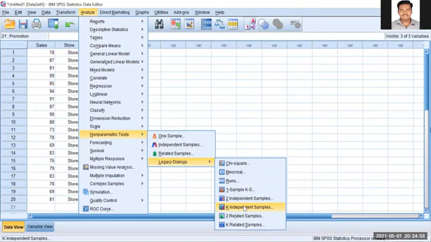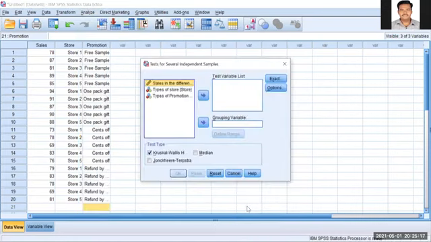But here now see, we have stores more than 3. We have 5 stores, and promotion type also, we have 4 promotion types. So when the factors under each variable are more than 3, better you go for a Kruskal-Wallis test if your data does not have normality. Okay, so you can choose the K independent samples test. Now, what is the variable we need to test? We need to test the sales. So we have selected sales as the test variable.